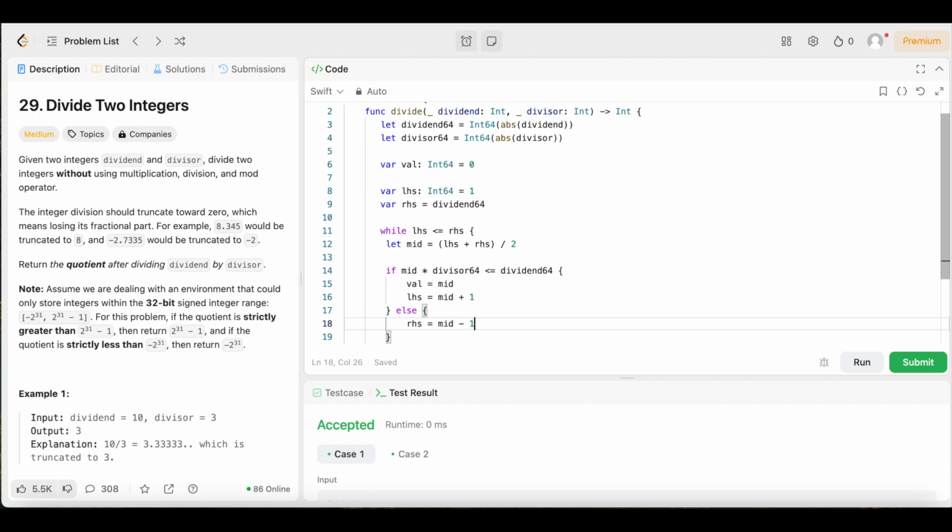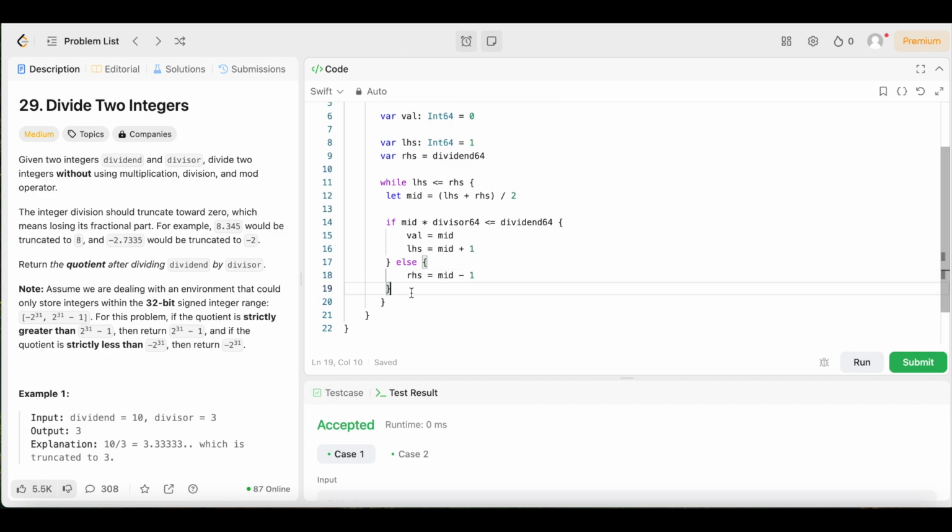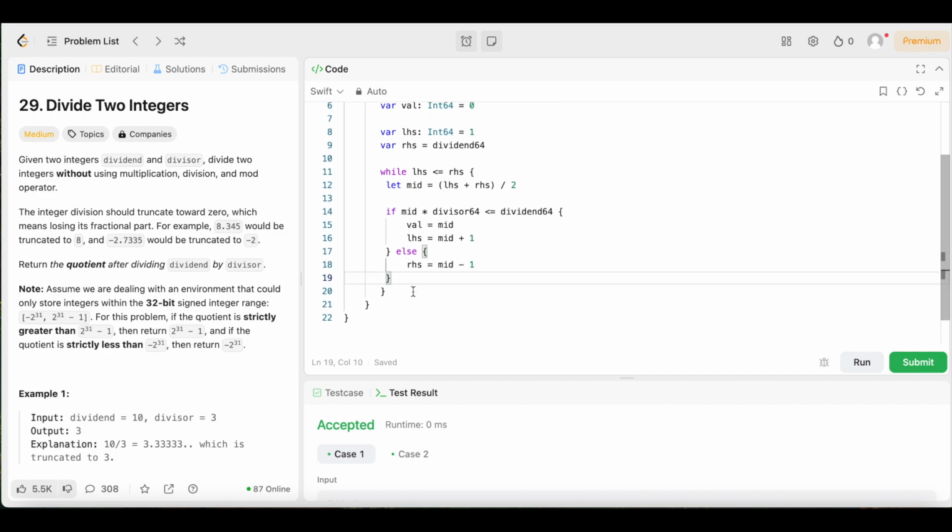Now, after the binary search, val will hold the largest integer such that val times the divisor is less than or equal to dividend. Now we need to determine the sign of the result. If the dividend and divisor have opposite signs, the result is negative. We're going to use the ternary operator to apply the correct sign. So we come outside this whole while loop and say let signedVal